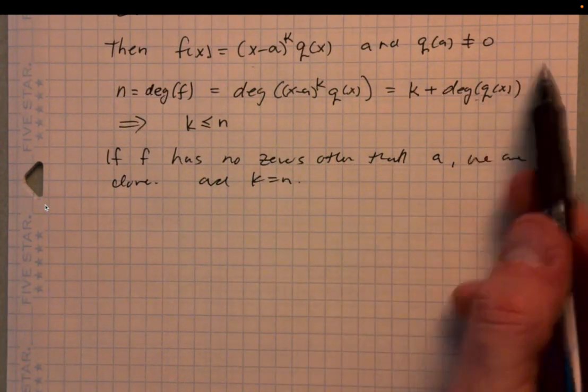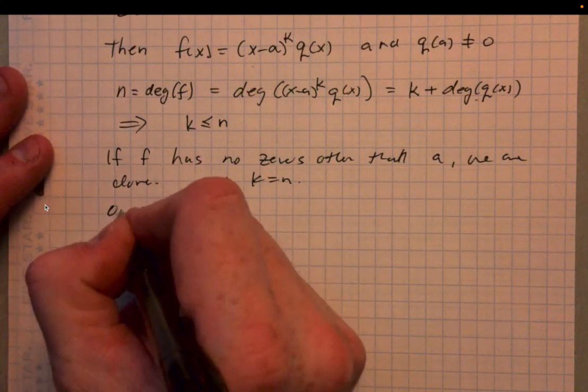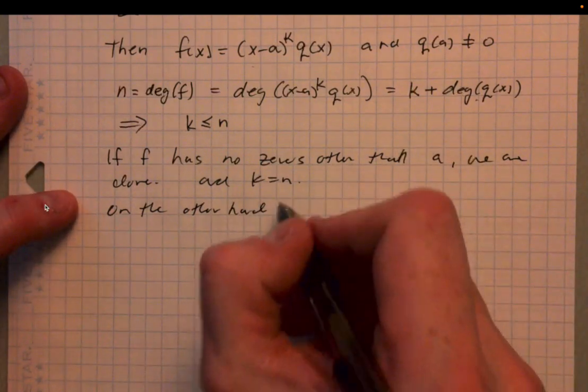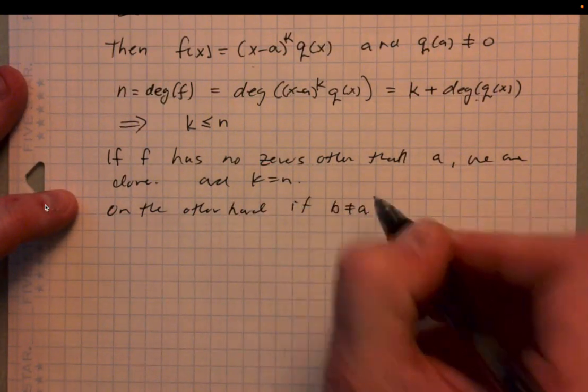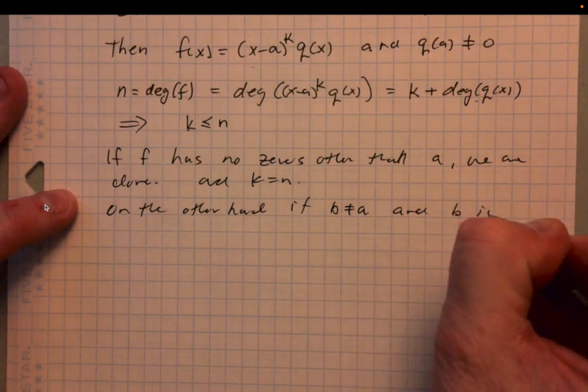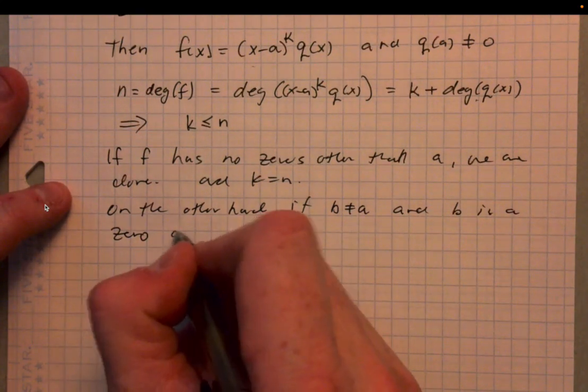Right, this would be degree 0, right? And so let's assume on the other hand that b is not equal to a and b is a 0 of f of x,